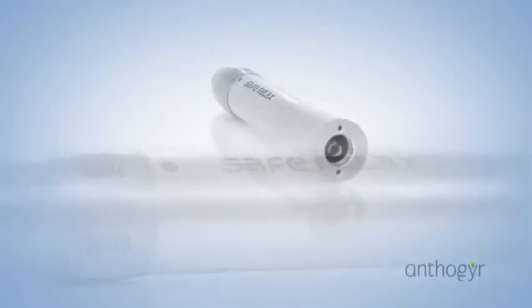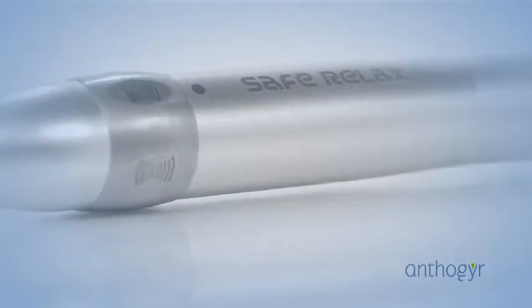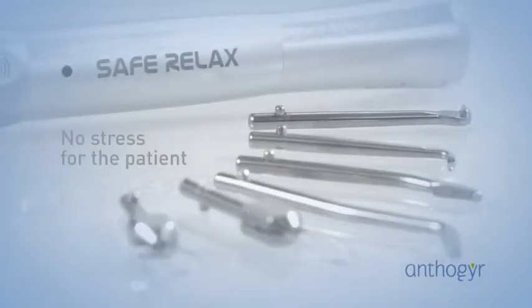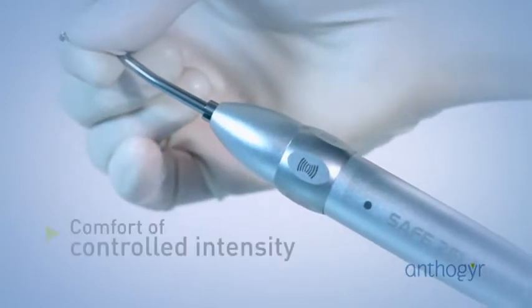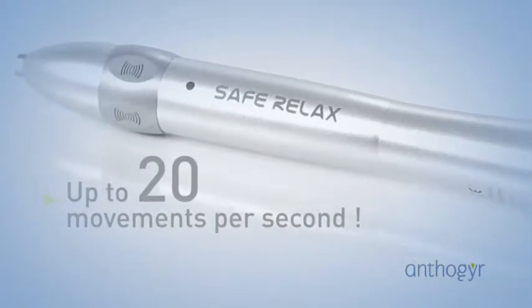To facilitate the removal of crowns and bridges, Anthogyr has developed the SafeRelax. Its completely automated system enables efficient removal of crowns and bridges without stress for the patient. Through high-frequency microstrokes combined with a moderate and controllable intensity, SafeRelax quickly loosens prostheses. SafeRelax can be directly connected to the micromotor of your dental chair to produce a series of ultra-rapid microstrokes, up